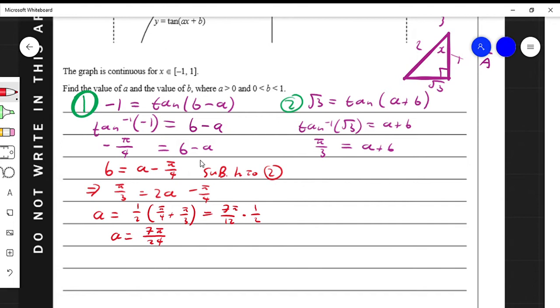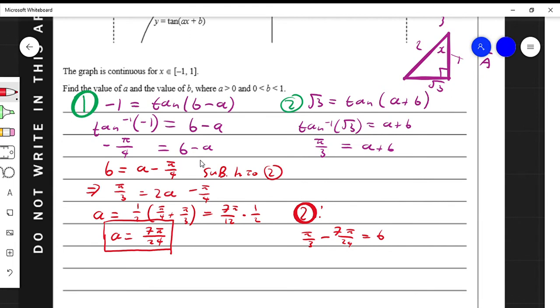That's a value for A, so you can put a box around that to show that's one of your answers. And then we're going to find our value for B. I'm going to use equation 2, you can use equation 1 if you want to, it doesn't really matter. So then we get pi on 3. I'm going to bring the A to the other side before I do any of this, so pi on 3 minus A equals B, so 7 pi on 24 goes in here, because that's a value for A, equals B,